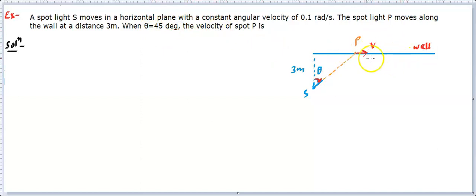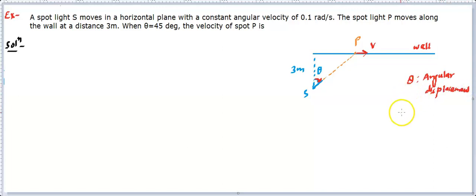Understood? Now some points are important, so let me explain first, then we will go ahead. This theta is called angular displacement. We will be learning it later on. That's called angular displacement. So it's a displacement, but in angular terms.